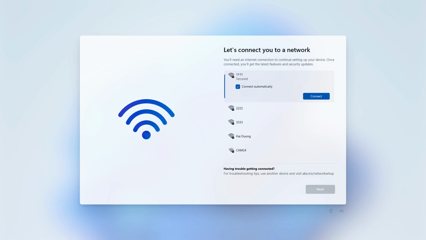In this video, how to fix the problem where you cannot proceed with the Windows 11 installation because no Wi-Fi is available. As you can see, without an internet connection, the next button is grayed out, and we cannot continue. In this video, I will show you several ways to get past this screen and install Windows 11 using a